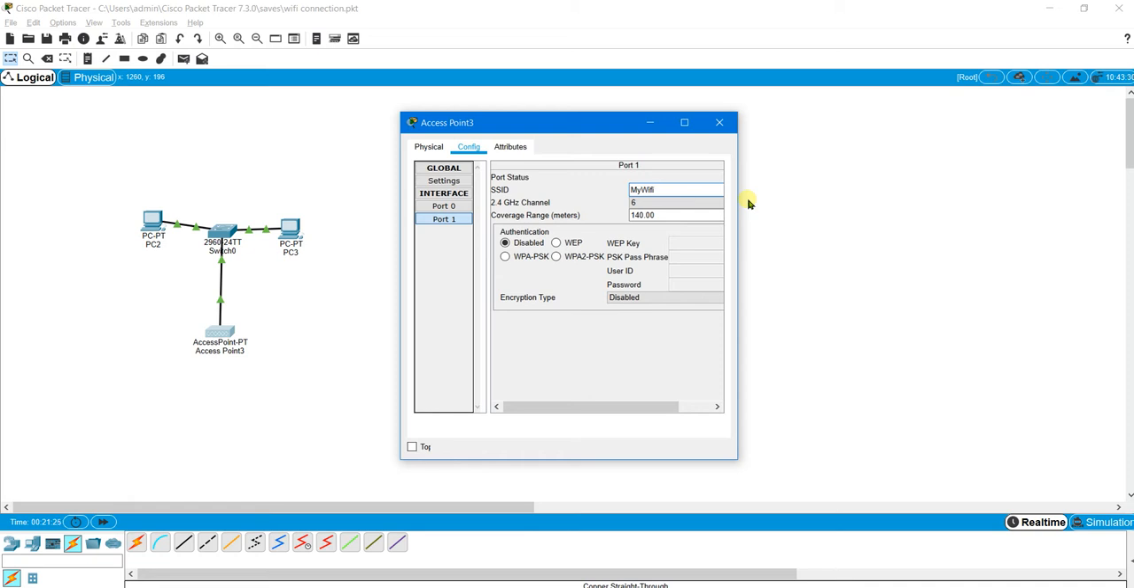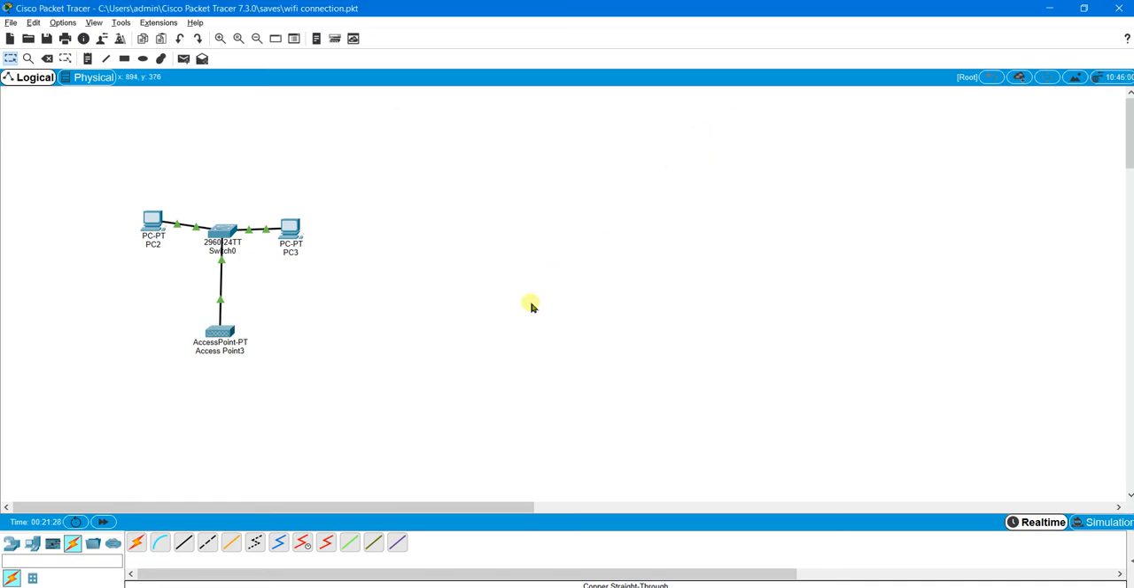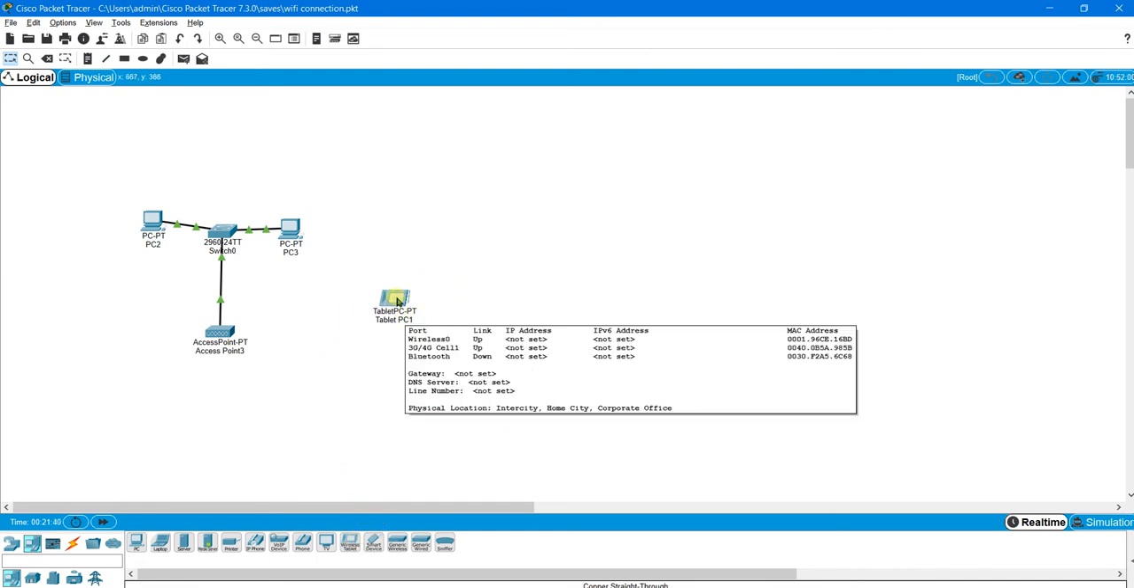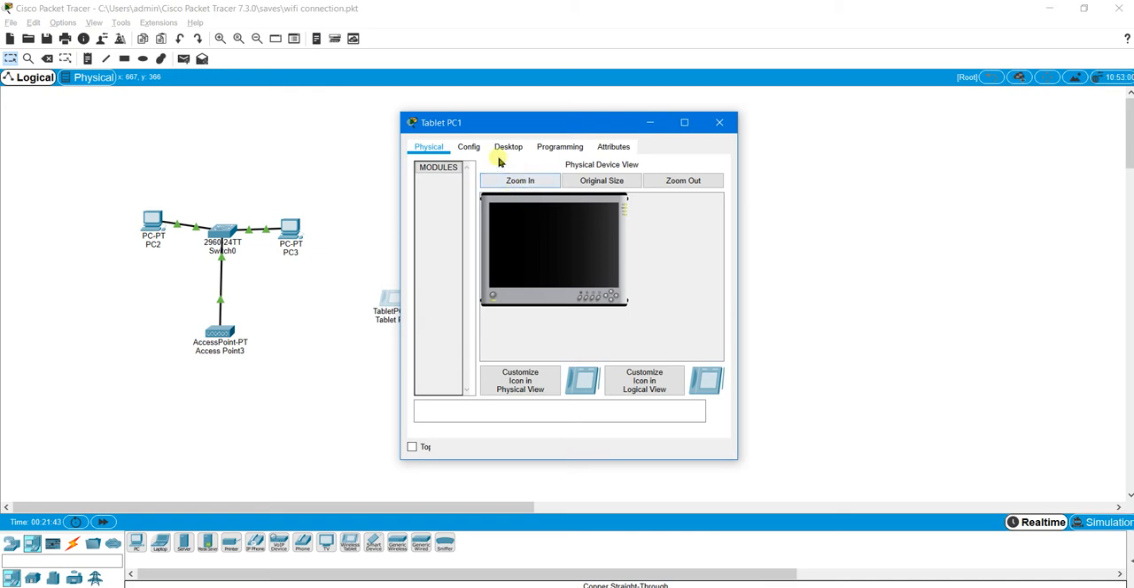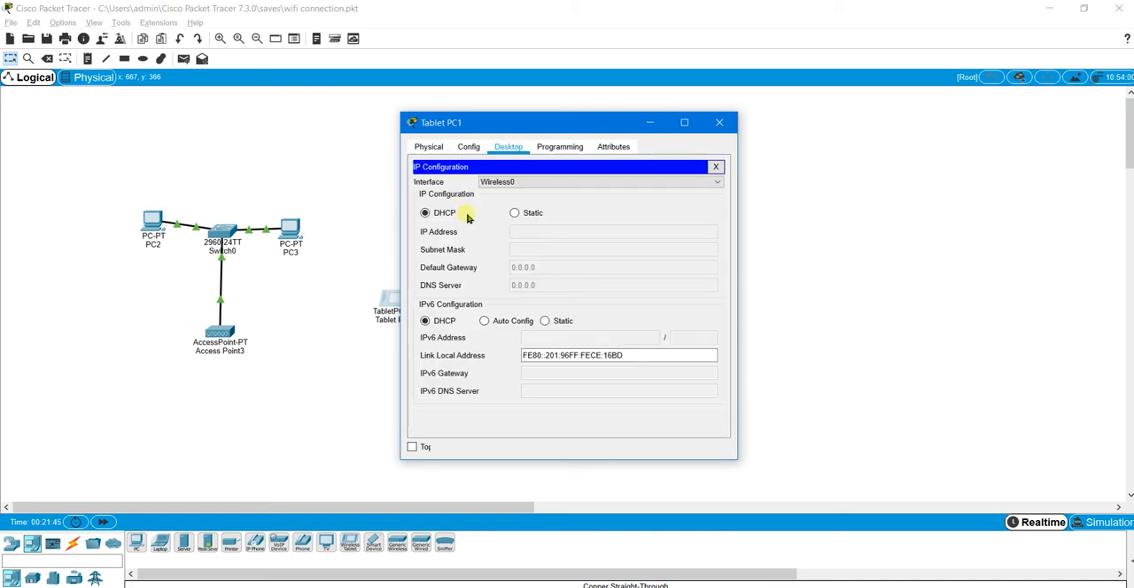I'll see it broadcast and it'll say my Wi-Fi. Next thing to do is to connect some devices to it. So I'll go over here to end devices. If you go along to this side here, you'll find a tablet. There's a tablet there, tablet PC. What I'll do is I'll click on the tablet PC and go to desktop and provide it with a static IP address